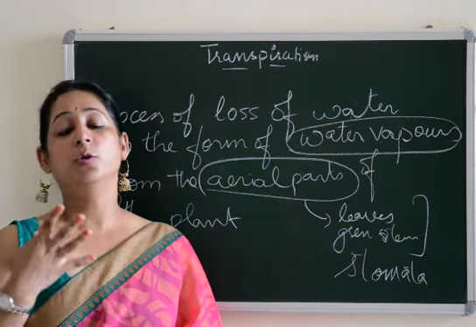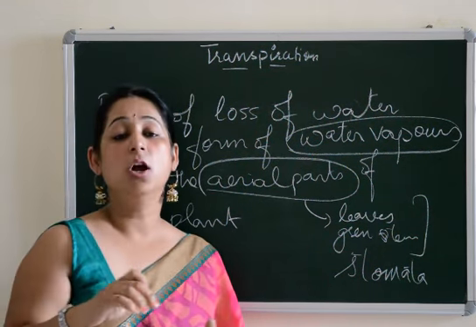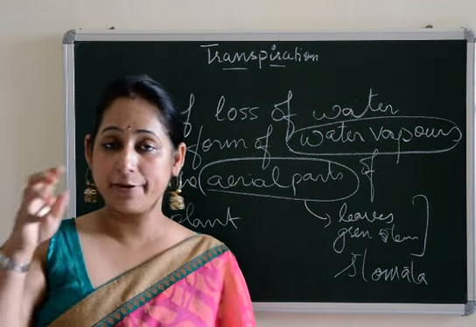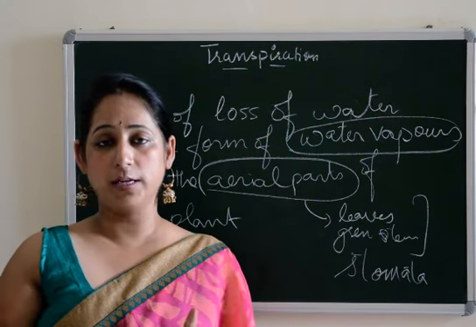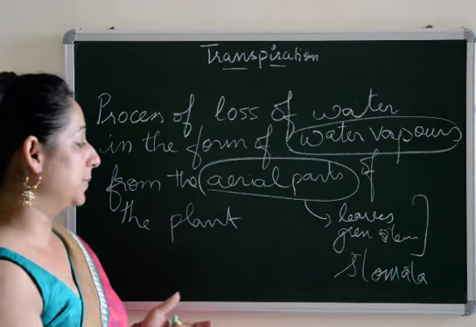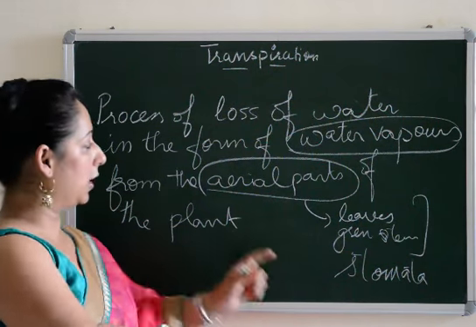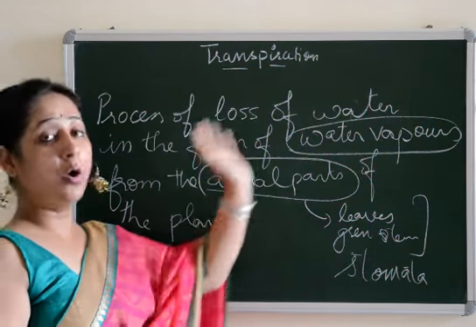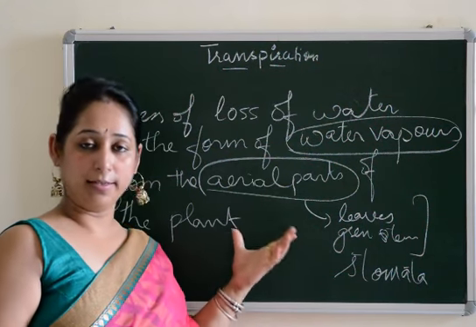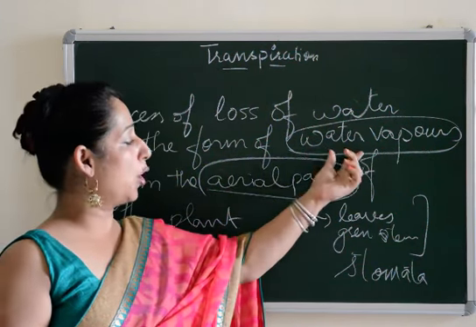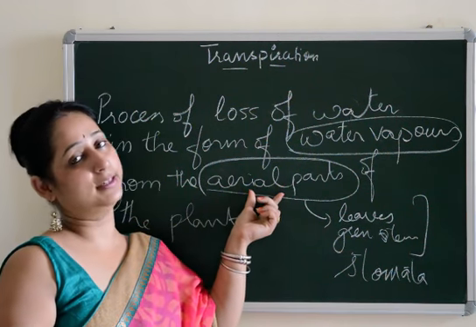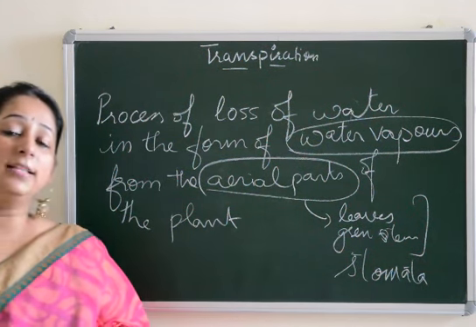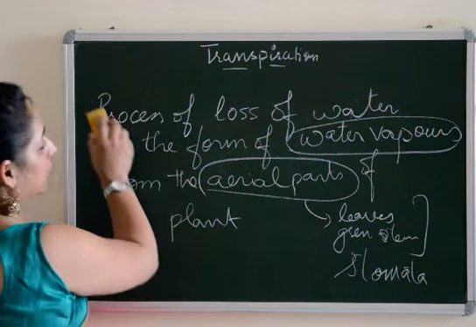Now what are stomata? Stomata are tiny pores which are present on the upper as well as lower surface of the leaf. On the upper surface there are few stomata, whereas on the lower surface of the leaf there are maximum number of stomata. First of all I will clarify the definition and then we'll come to the next part. So now, transpiration I have explained, what is the definition of transpiration I have explained, what are the main points which you have to keep in your mind while writing the definition of transpiration. Now the term stomata comes here. So regarding stomata, I'll be explaining the structure of stomata now.